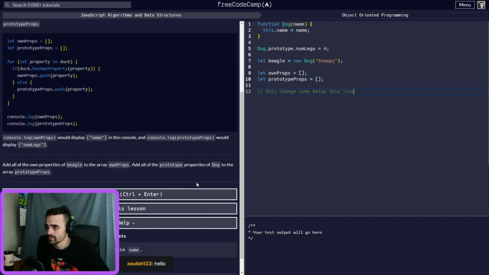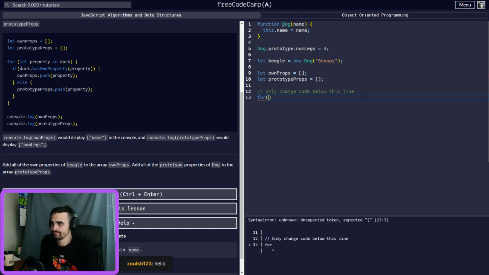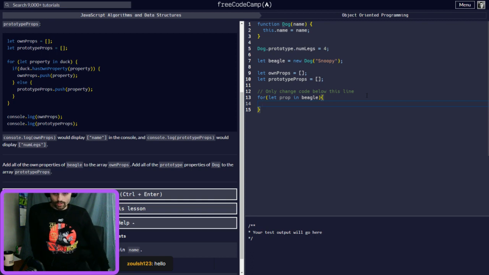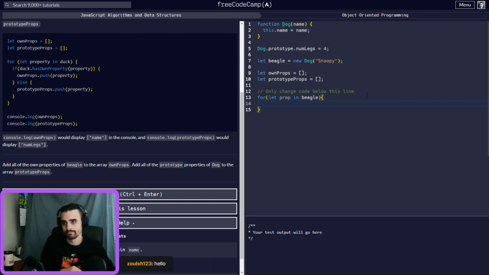Alright. So have all the own props be equal to the array ownProps. Let's do a for loop: let prop in beagle. It's going to show all the properties that are currently within here.